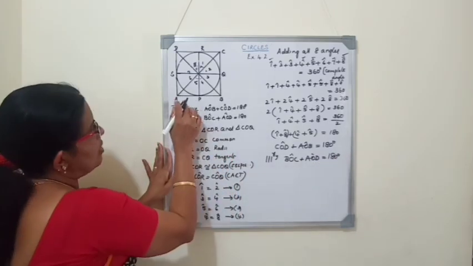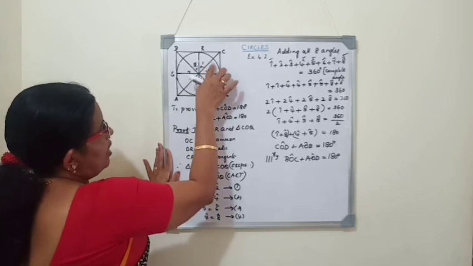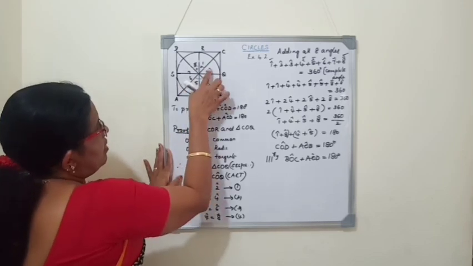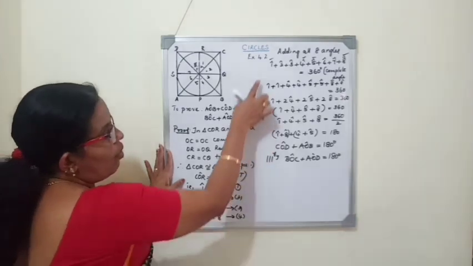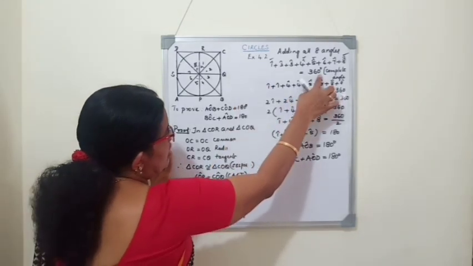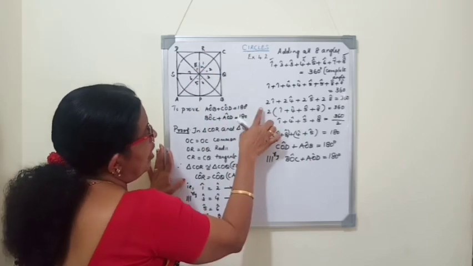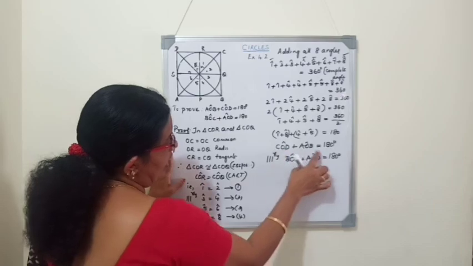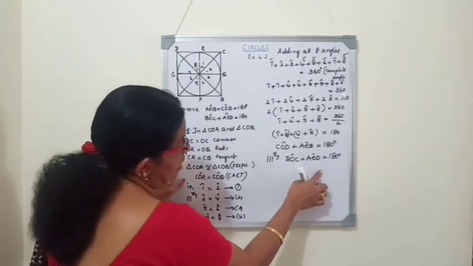So do the construction. All the lines you should join. Consider any two sets of triangles. Prove that they are congruent. Write these two angles are equal. Similarly, all the pairs of angles are equal. Add all the angles, equate to 360. Change the angles according to how we wanted. Then double it, take common, cancel, arrange the terms, write the name. Therefore, the sum of the opposite angles will be 180.